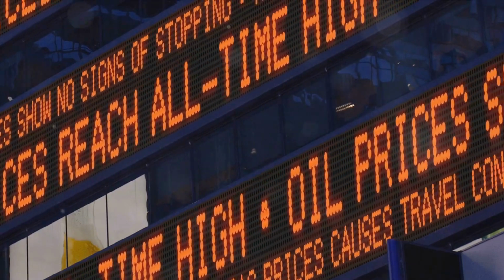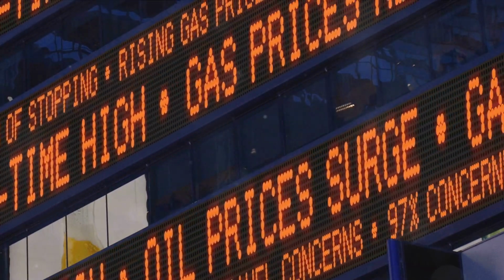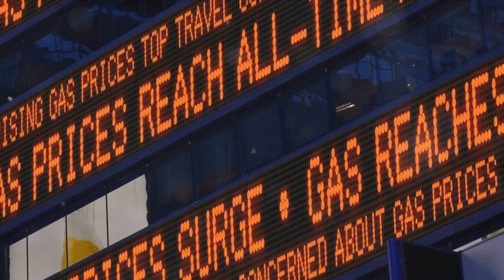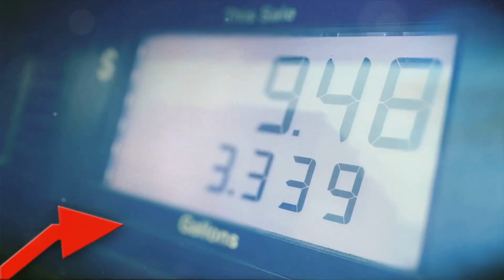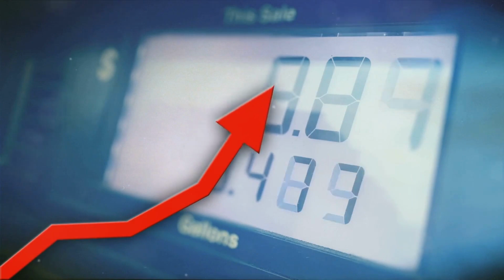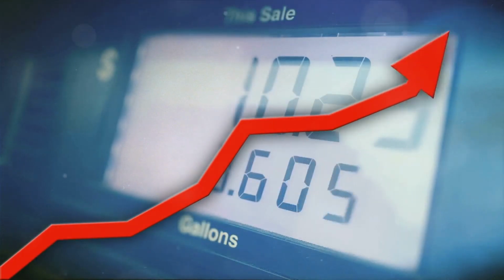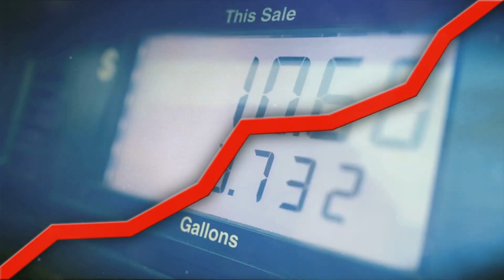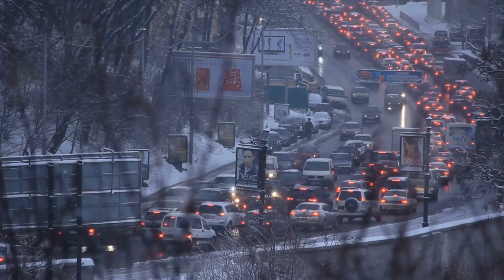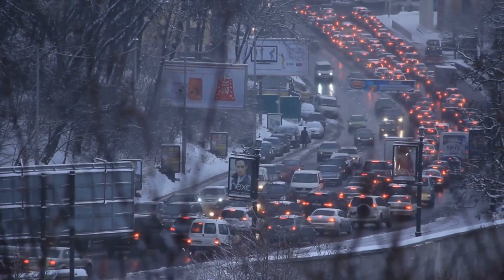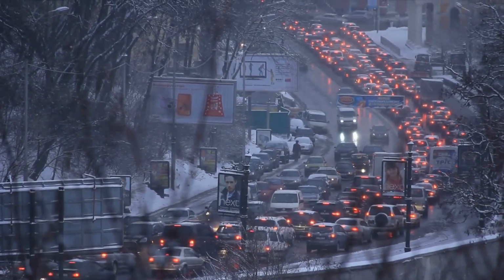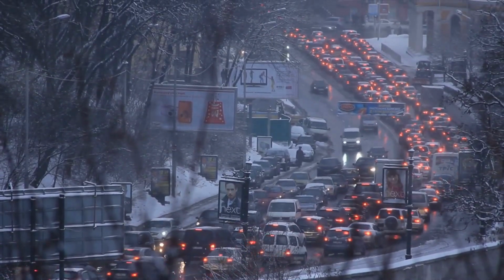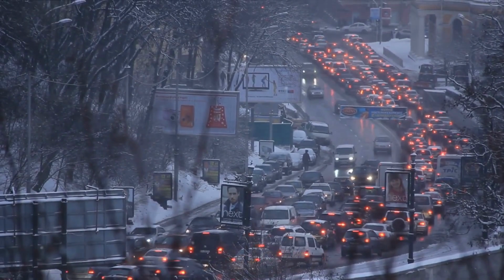Let's take an example to illustrate this further. Think about the oil crisis in the 70s. The oil-producing countries decided to cut oil production, leading to a sudden decrease in oil supply. The result? Sky-high oil prices, inflation, decreased consumer spending, and ultimately, a severe recession. This goes to show how a sudden disruption in supply, no matter the cause, can have a profound impact on the economy, leading to a recession.